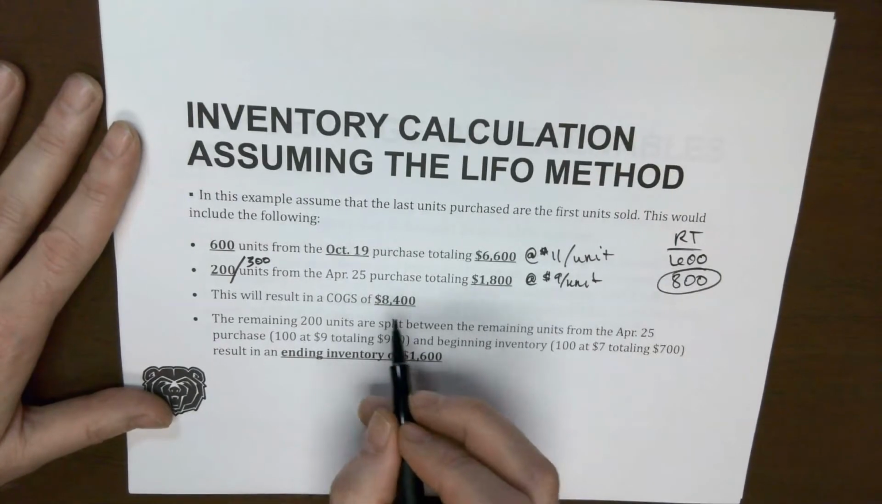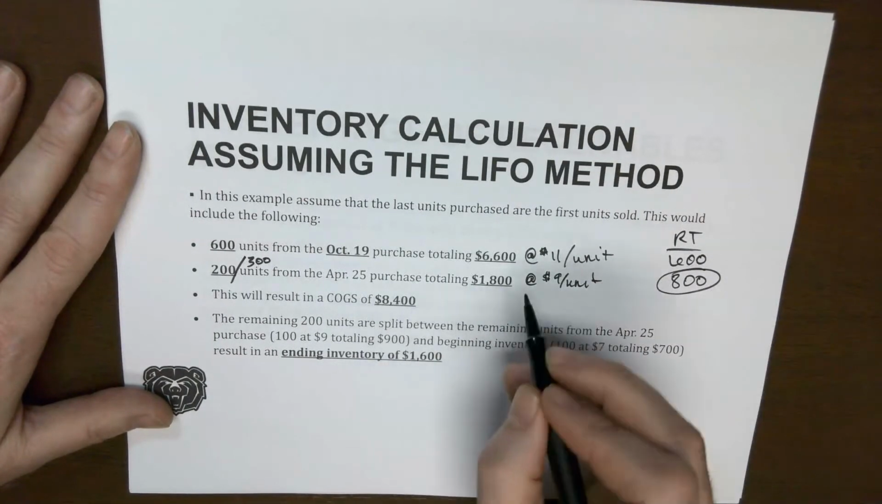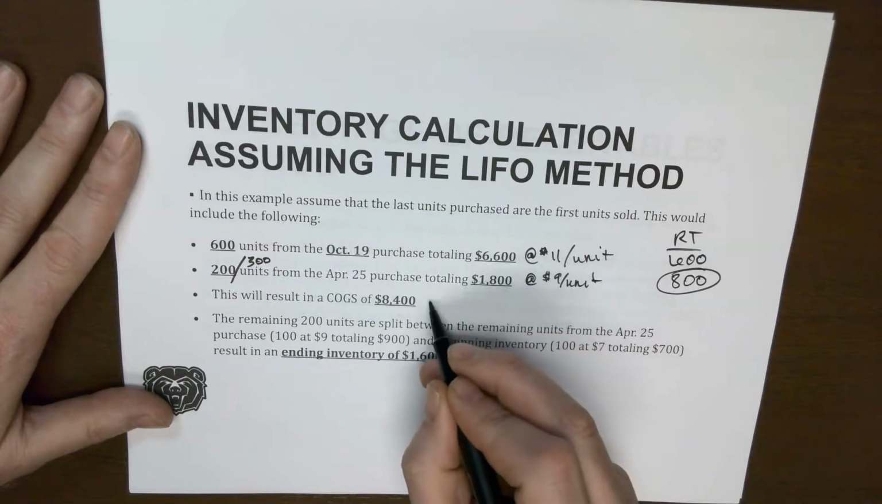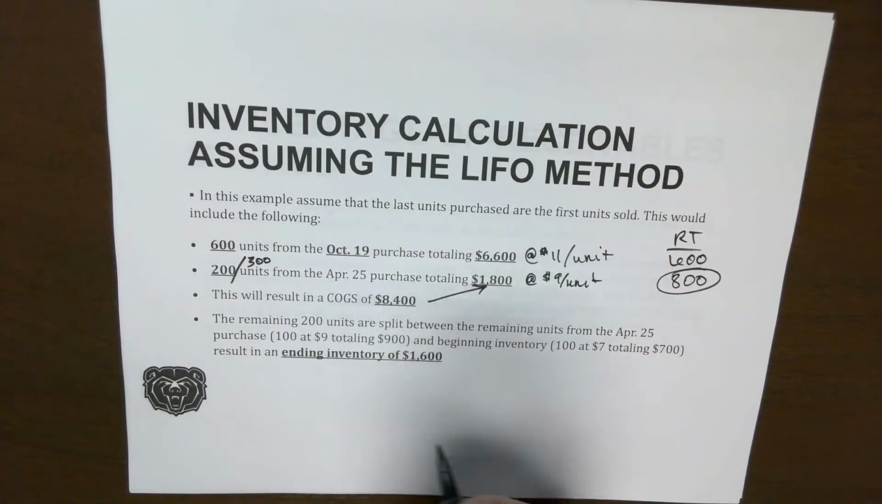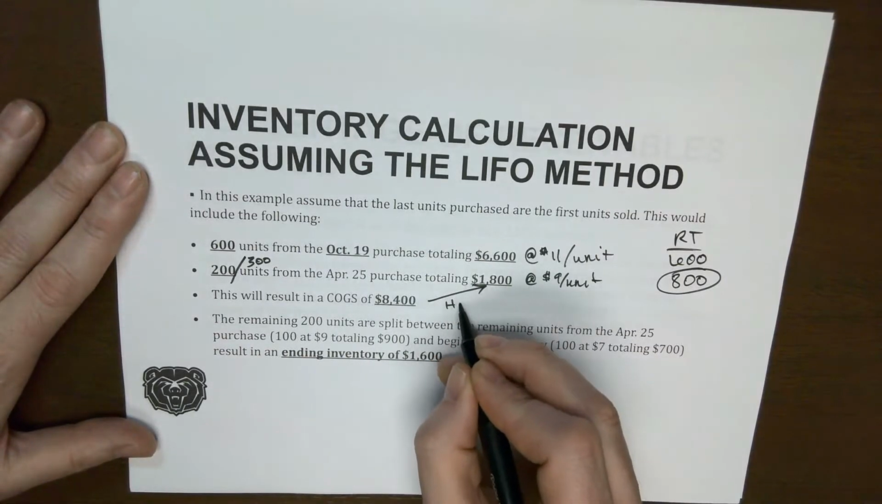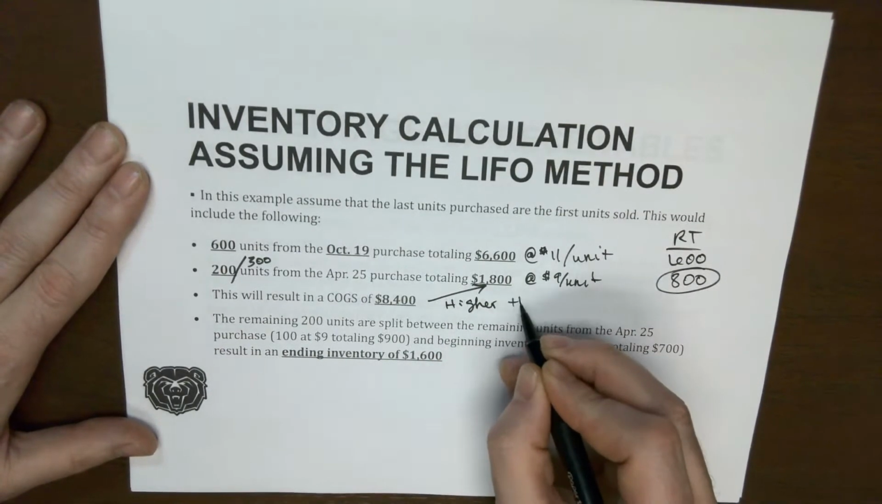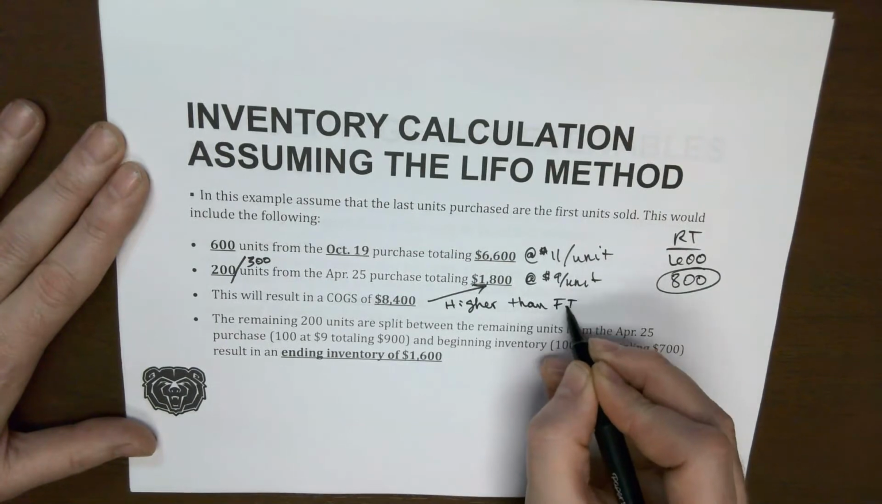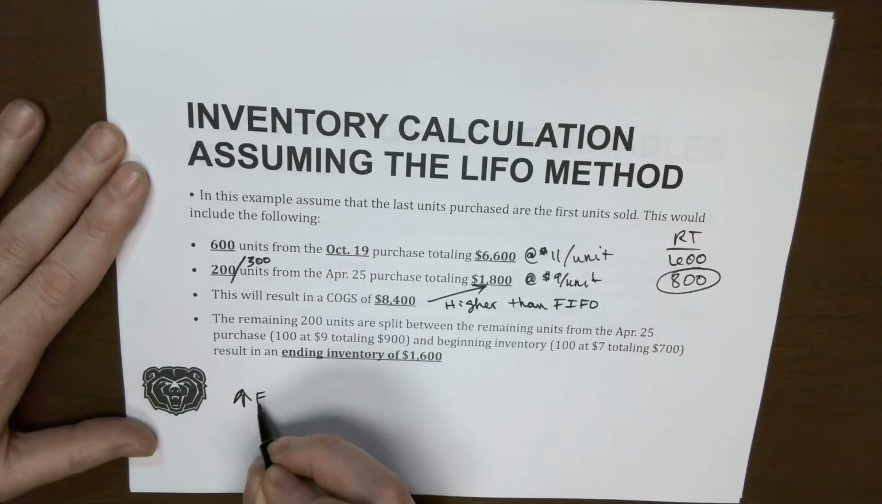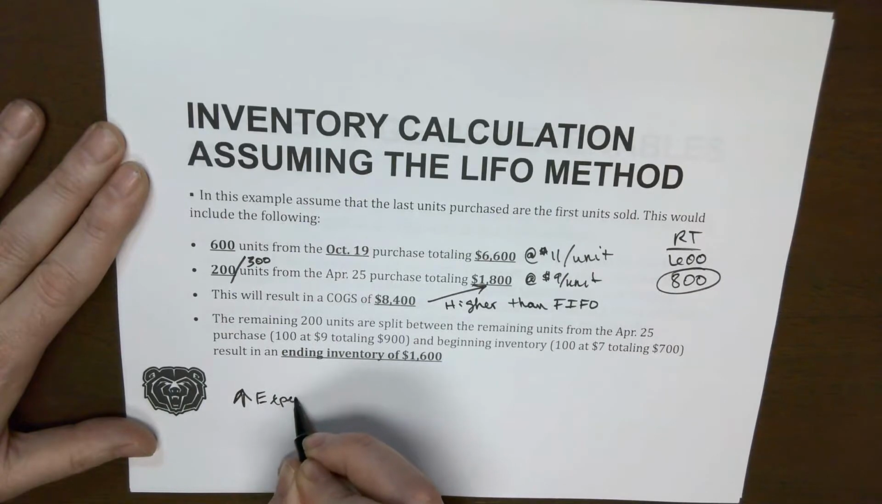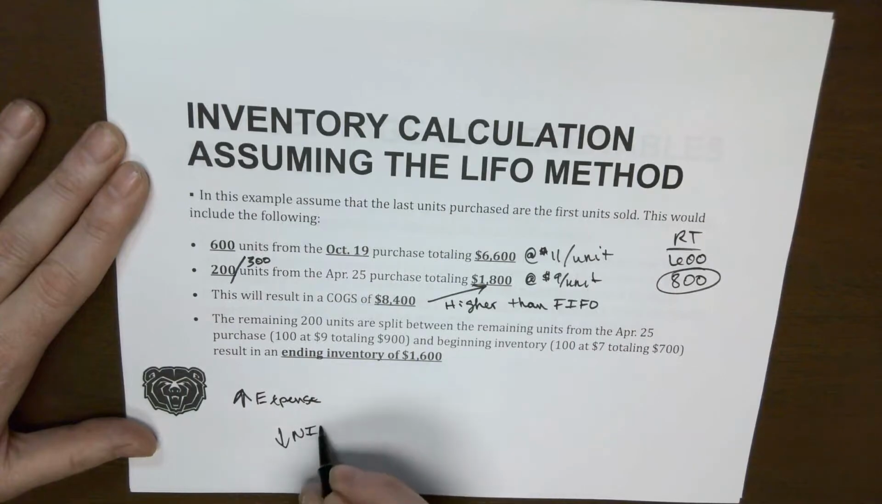Our cost of goods sold is what? 8,400. It's just the sum of these two. So you can see that our cost of goods sold is higher than if we used FIFO. So we have a higher expense. What's that do? Well, it lowers our net income, and that's what we're looking at here, because that impacts your